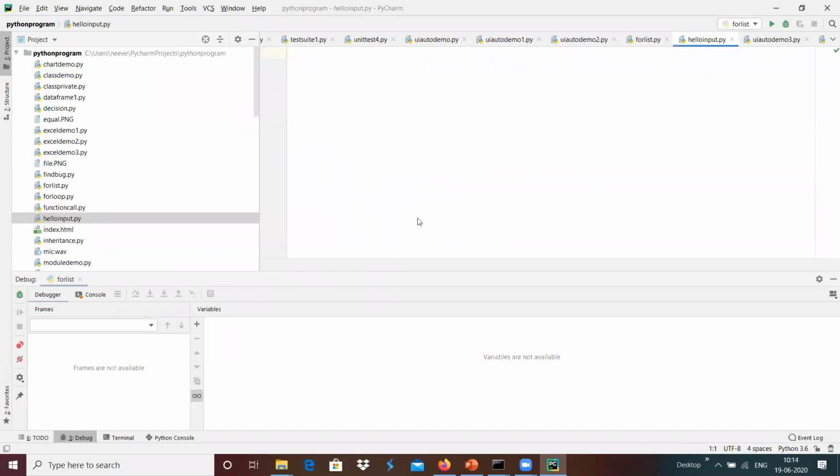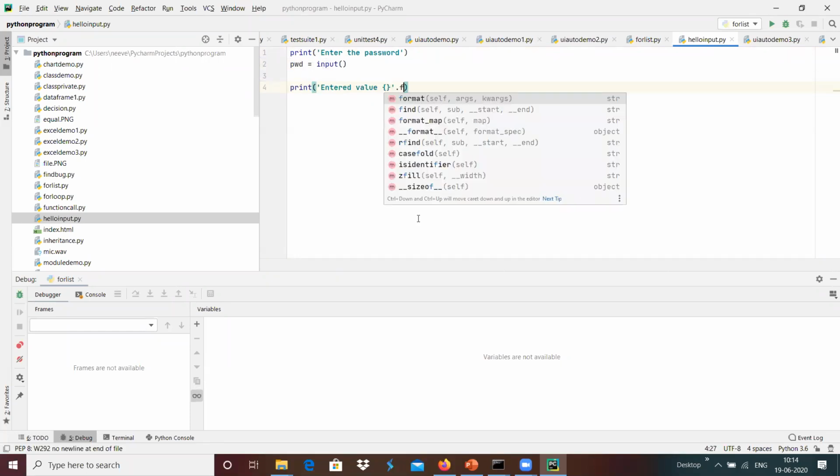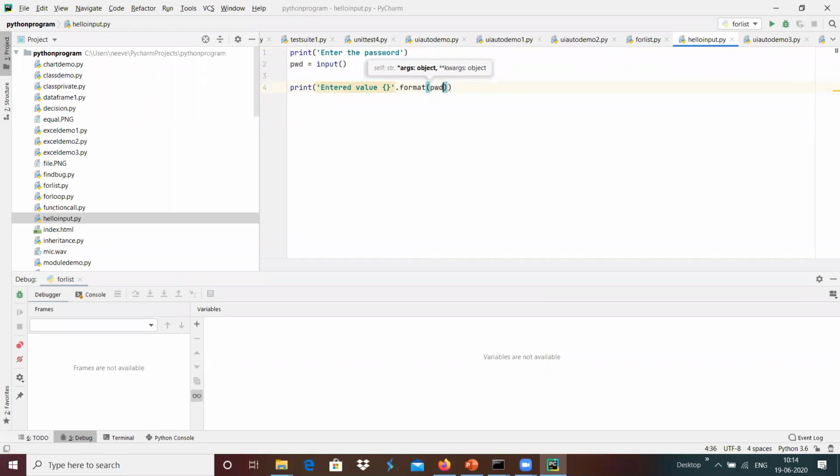Inside that, I'm going to print "enter the password", then pwd equals input, and then we are going to print "entered value is {}" dot format of pwd.